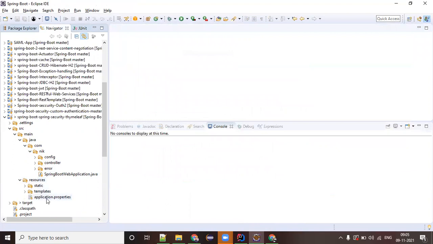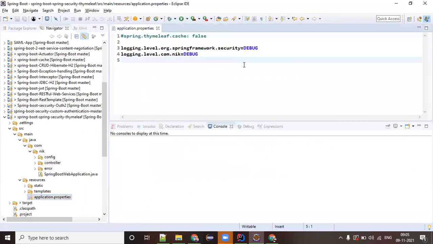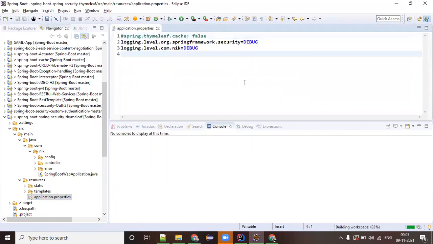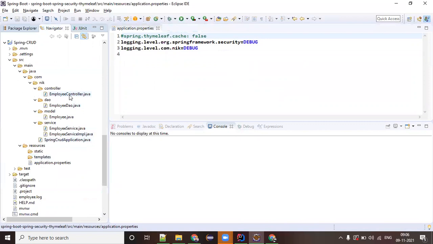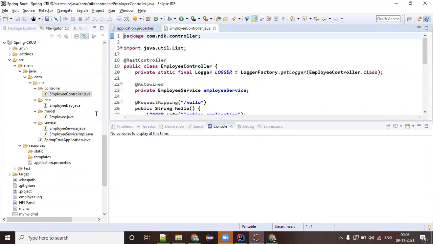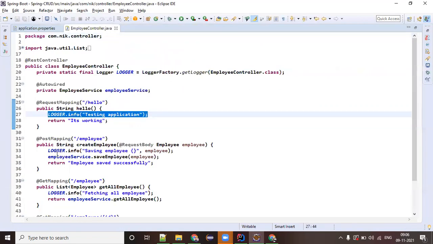After that, under the application.properties file, I have nothing. The only thing I want is that whenever any logs related to security are printed, they should also print at the debug level. So if you learn about the logger framework, we have info, debug, warning, and error. In the last class, I already showed you in our Spring CRUD example, if you remember, under the controller, we were using the logger. See, the logger purpose. Why